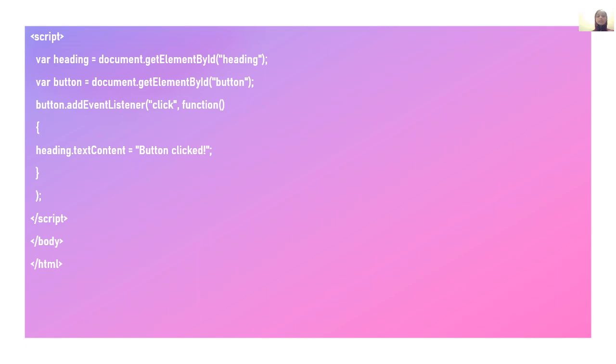So when the button is clicked, so basically when you click the button, it is going to perform the action. In order to do this, we will use the add event listener method, and you're going to attach a click event listener to the button. In order to perform the action when the button is clicked, we are going to use the add event listener method, and then you're going to attach an event listener to